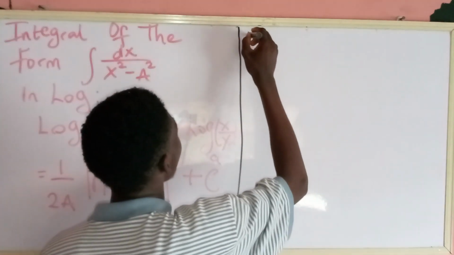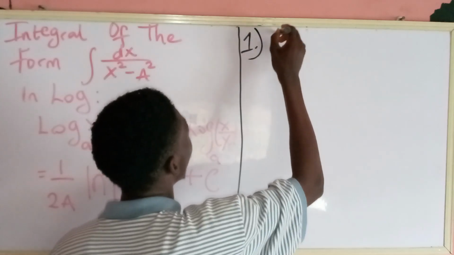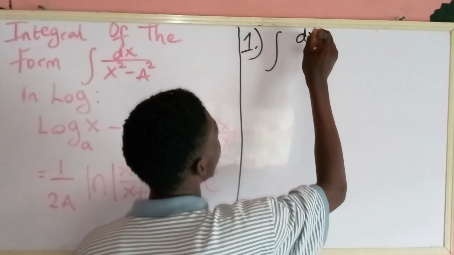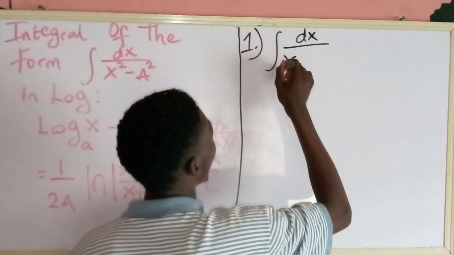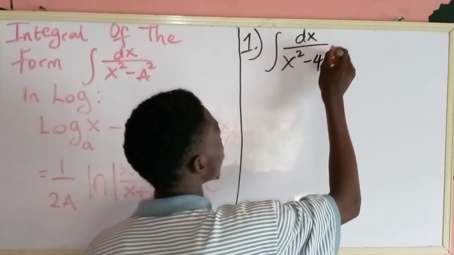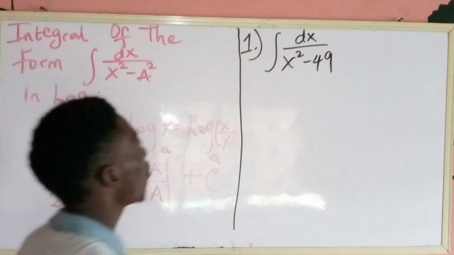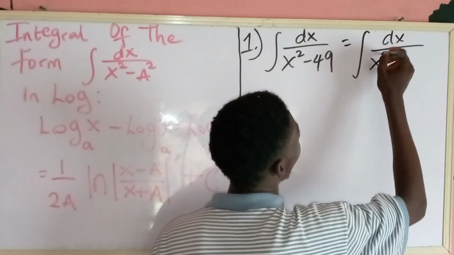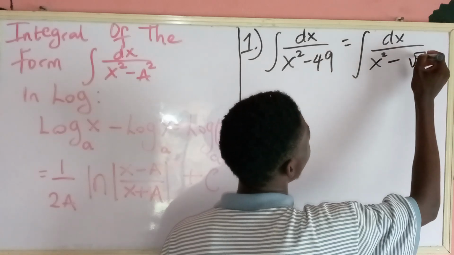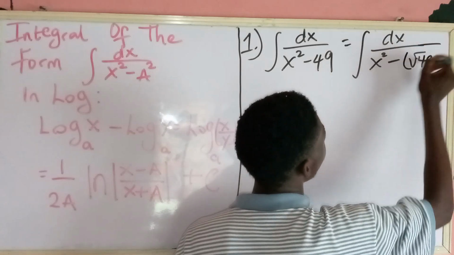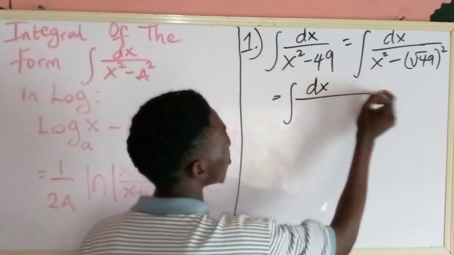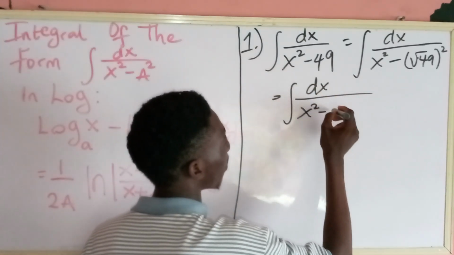So example 1: what is the integral of dx over x squared minus 49? What will be our answer? Our answer will be dx over x squared minus the square root of 49 squared, and that gives us x squared minus